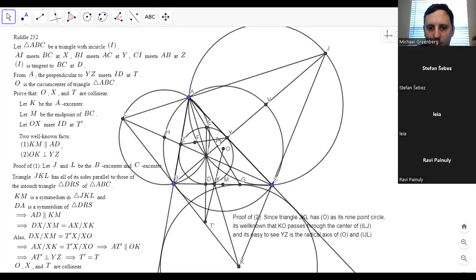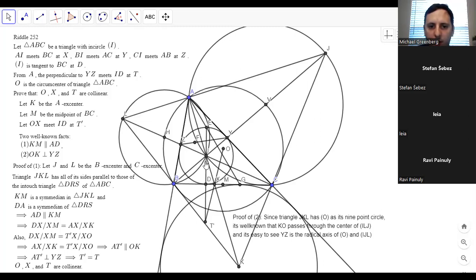This is a vertex, the nine-point center of the excentral triangle. It's well known that the line from a vertex through the nine-point center passes through the circumcenter of IJL,